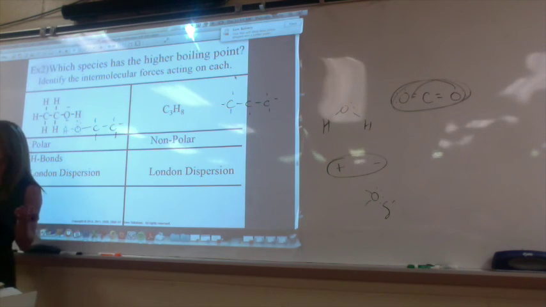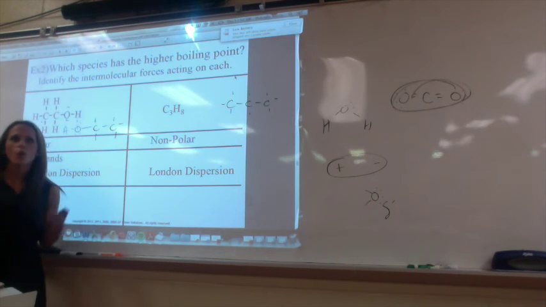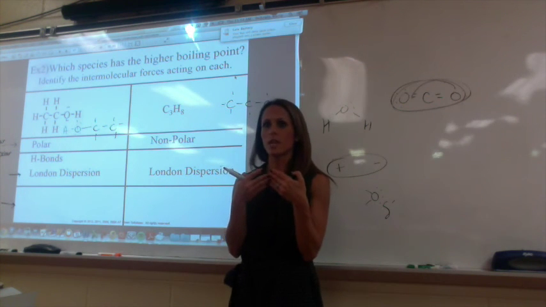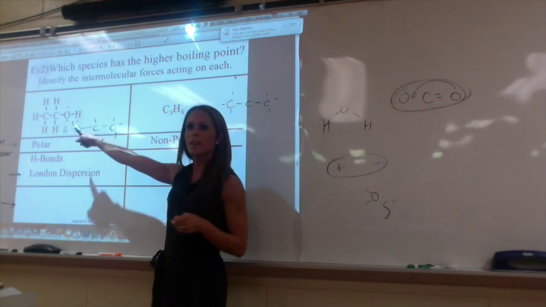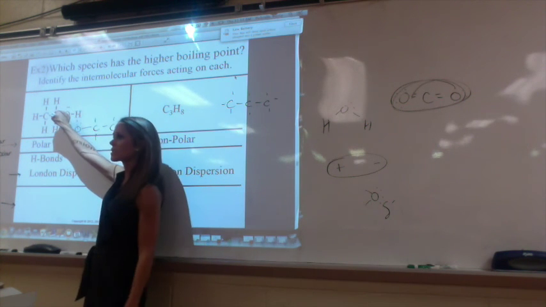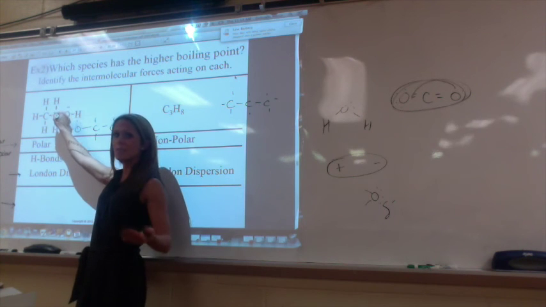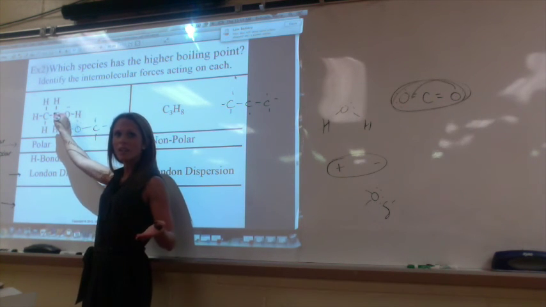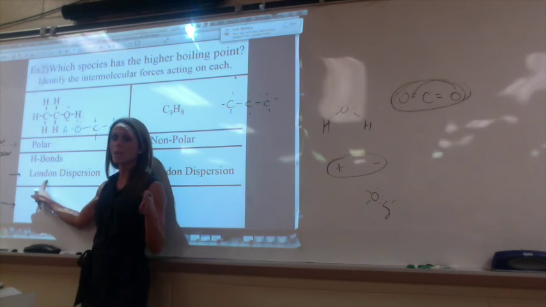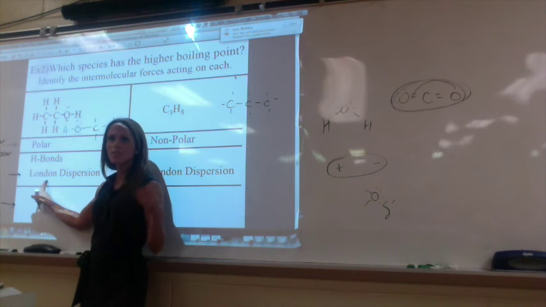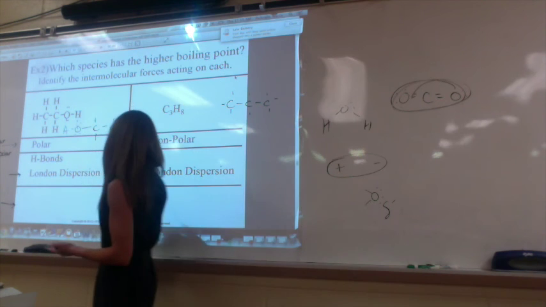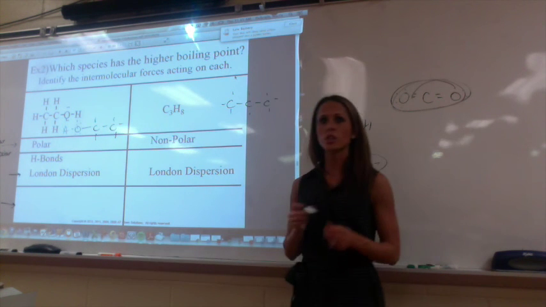When water is sitting in your bottles right now, water is connected to each other because all the water molecules have hydrogen bonds, right? So this is hydrogen bonding available. The way you'll recognize hydrogen bonding is that you're going to see hydrogen attached to an oxygen, nitrogen, or fluorine, and if it's the same substance that it's hydrogen bonding with, clearly there's going to be a lone pair of electrons on it. So hydrogen bonds and London dispersion. If you write dipole, it's wrong, because even though this is a dipole attraction, it's a specific one called hydrogen bonds. And then this one, only London dispersion because it's nonpolar.